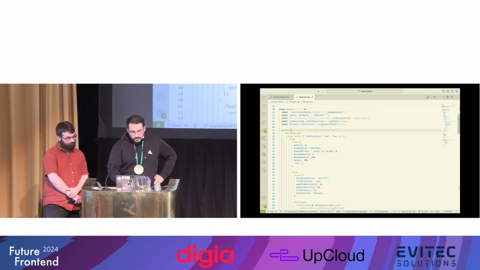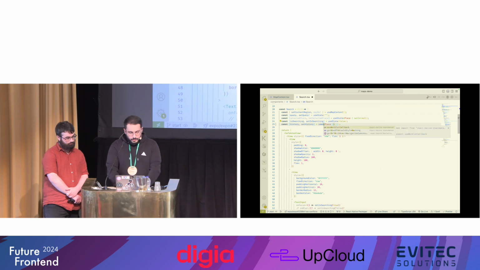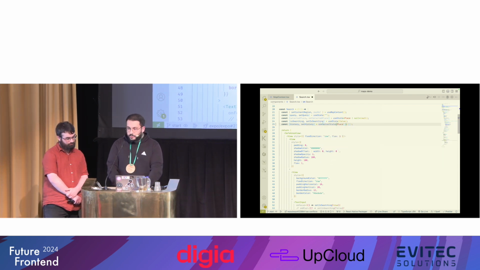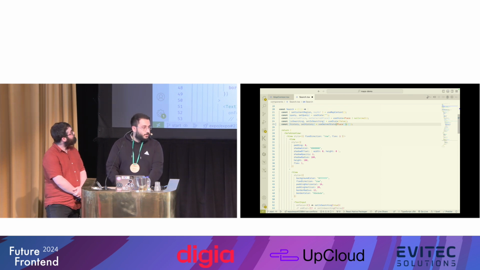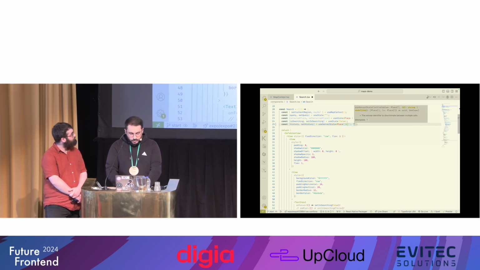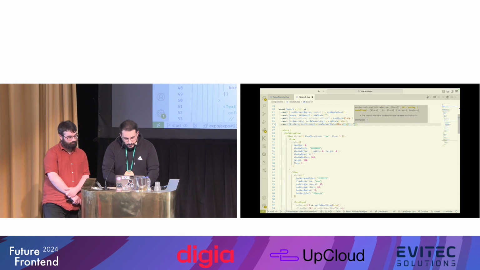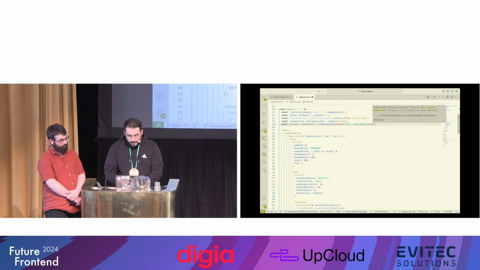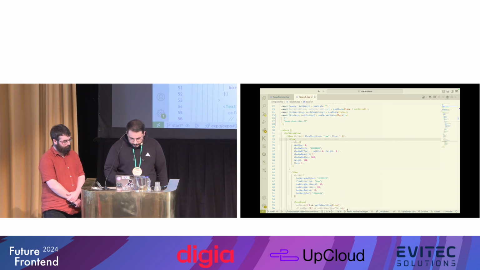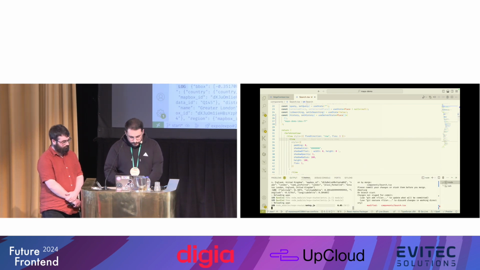But what if we could just change use state to another hook and just call it, I don't know, use server state? And that could just automatically push that data over to some server that lives somewhere. Now, obviously, it's a little bit more complicated when you're pushing things to a server. Let's just give it an ID and say, this is my maps demo ID future frontend. And if I save that, and I reload my application,